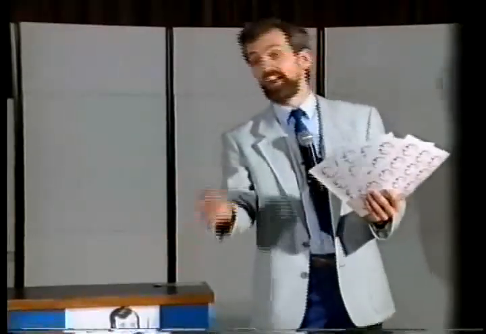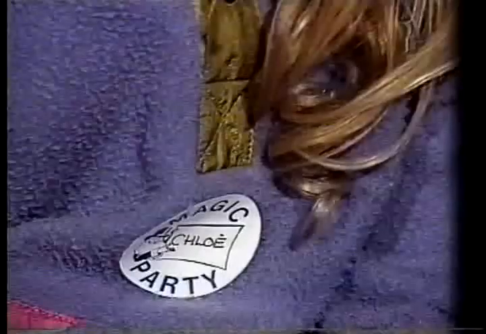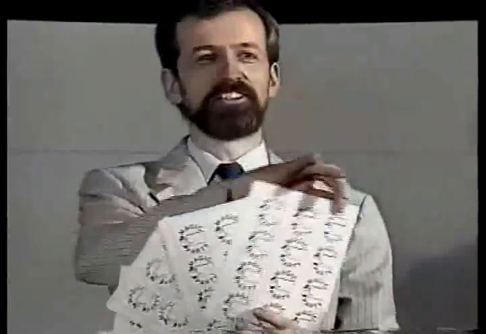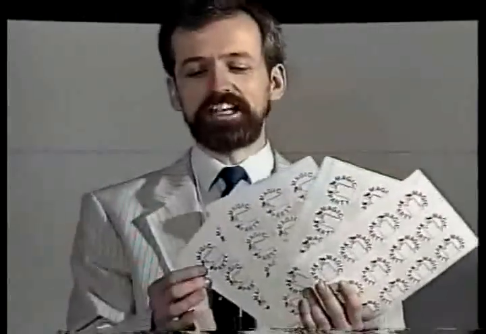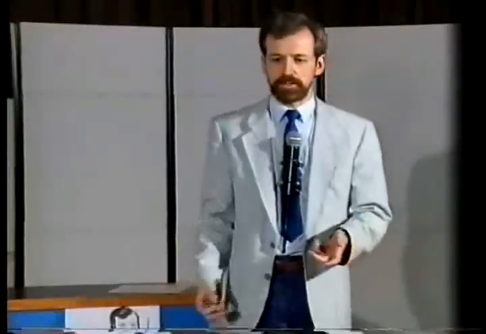Now, the idea of it is that when I arrive at the party, the first thing is that when the mother opens the door and I can see the kids behind, if they're all wearing Magic Party stickers, I know I'm in the right place, which is very reassuring when somebody comes to the door. But also it enables me to know all their names, and sometimes this can work to your advantage. For instance, I might be carrying something in, and one kid will say to me, oh, can I help you carry that? And start trying to pull my roll-on table out of my hand. And I don't really want him to fall over it, hurt himself or whatever. So I say, no, John, that's okay, thanks.